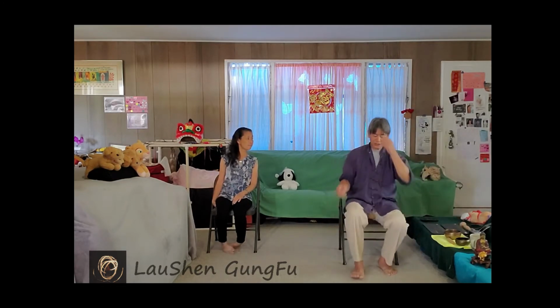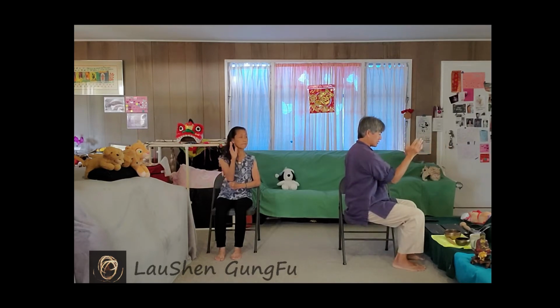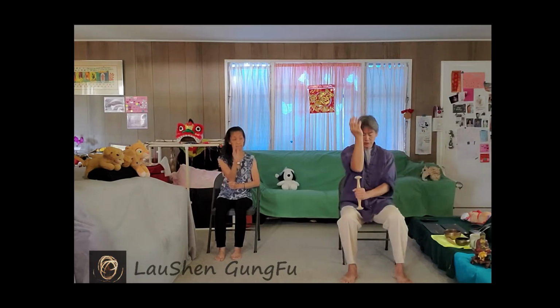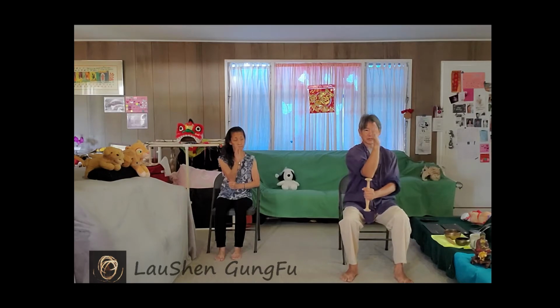So again, that's fist under elbow. So turning and pressing, and then opening, dropping this hand, and turning the waist, and then turning back. And then this hand now, you have to fold this. Right? So from the elbow, you have to let this come in, tuck it in, so that this elbow is centered right over the fist. So if I was holding that stick, it would be all aligned like this. As I come back, it would be aligned like this. And then as I'm turning,